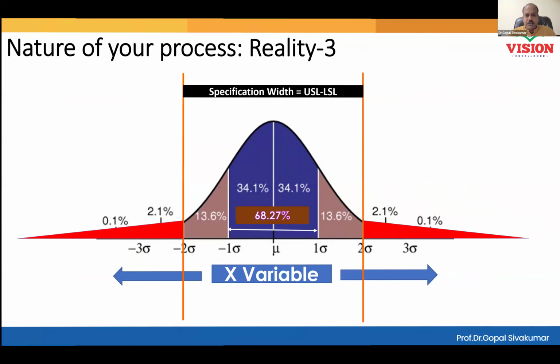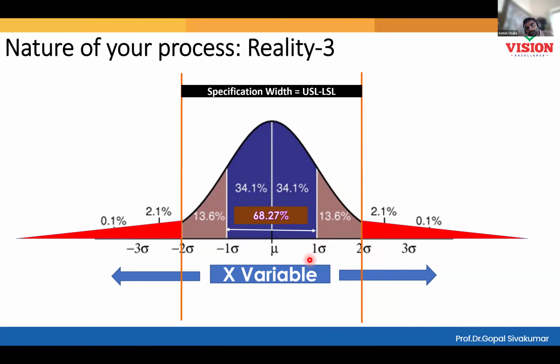So look at this scenario now. Not capable. What is the problem here? Your process is not capable. The spread is too high. You need to know what percentage of the curve is appearing inside the spec. Now tell me what percentage of the curve is appearing inside the spec. 95. So if you produce 1,000 parts, 950 parts will be safe, but 50 parts will be rejected. Your rejection rate is 5%.